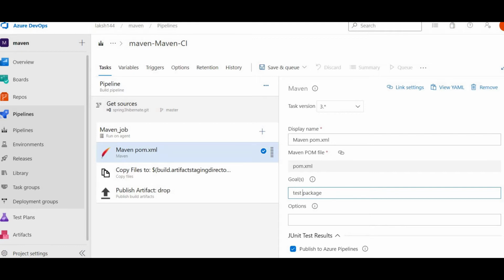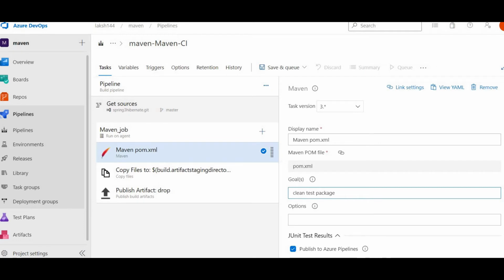The test goal will do unit testing on your incoming source code. This is basically the work of your test goal. And the package goal will compile your code into a jar file, or maybe a war file, into a proper format.